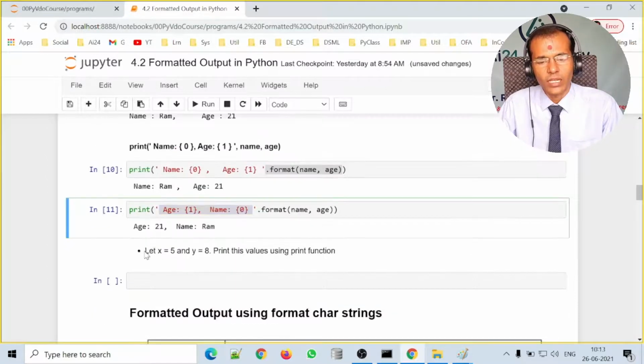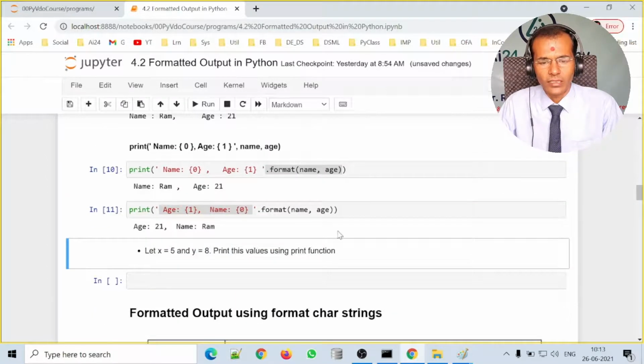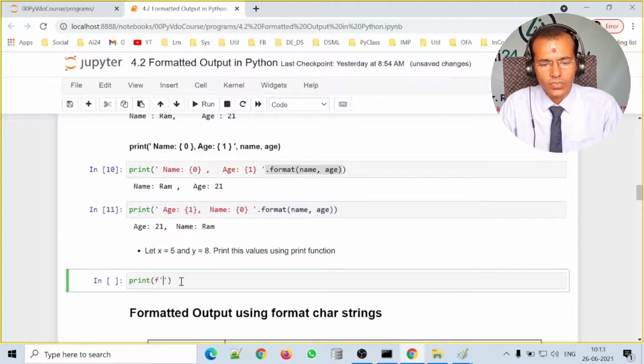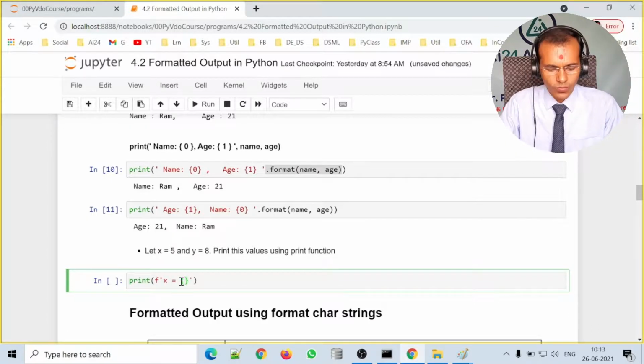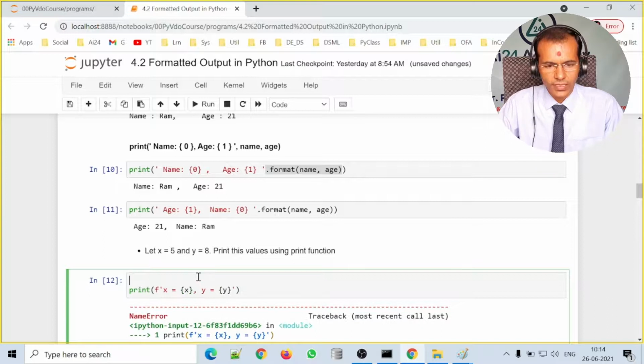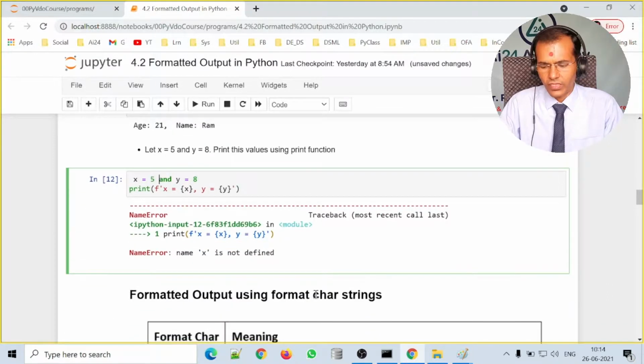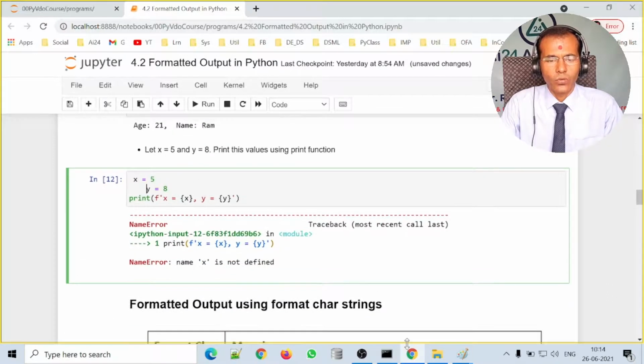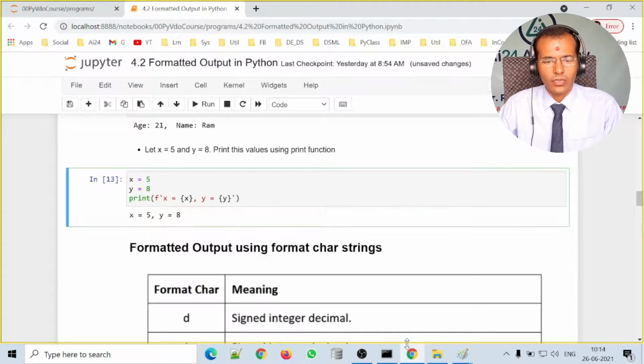Let us see how we can print the values of x and y using both these ways. Let us use the format option f to print the values of x and y. x is equal to, we want to print x, and then, say, a comma, and then y is equal to, in curly brackets, y. What we need is to define the values of x and y over here like this. We need to assign the values of x and y, and now let us run again. We can see that x is equal to 5, y is equal to 8.